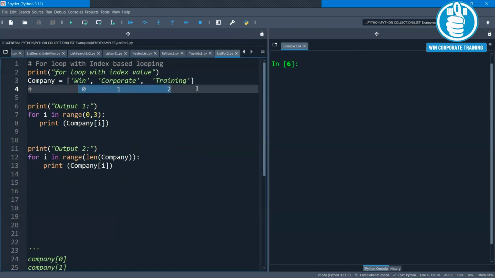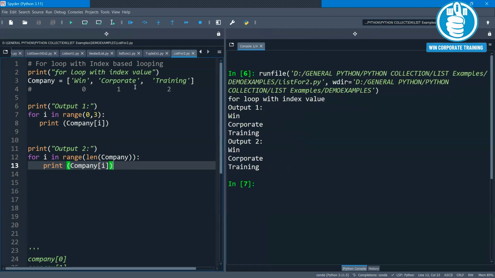This is the example. Why have I used the range function here? I have used the range function because I am retrieving the value based on the index position. In the first example, I have given 0, 3. Here also the upper limit will be one number less than the given positional value. The better approach will be to use the len function. The len function will help you find out how many values are there in the list. Accordingly, your for loop will iterate. So now let me execute this. You can see here, it will navigate based on the position and it will help you retrieve one item at a time from the given position. Hope you have understood this example.